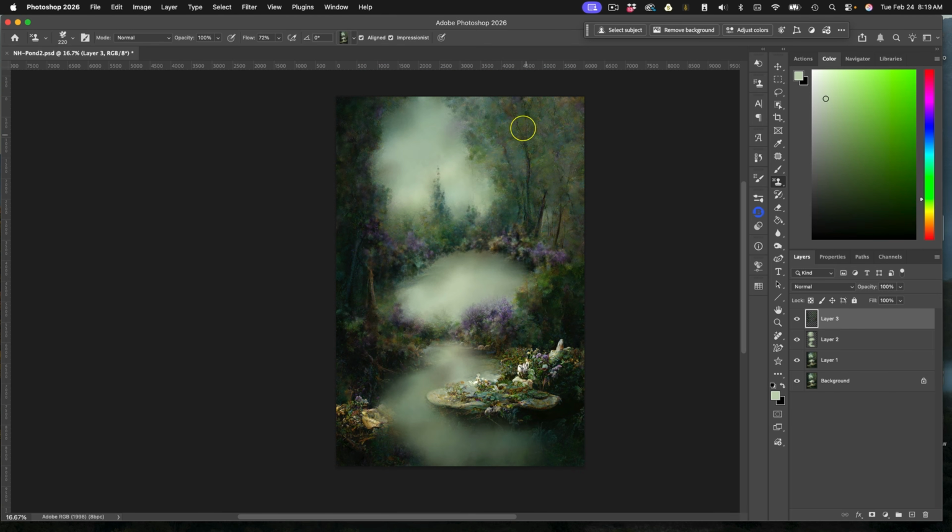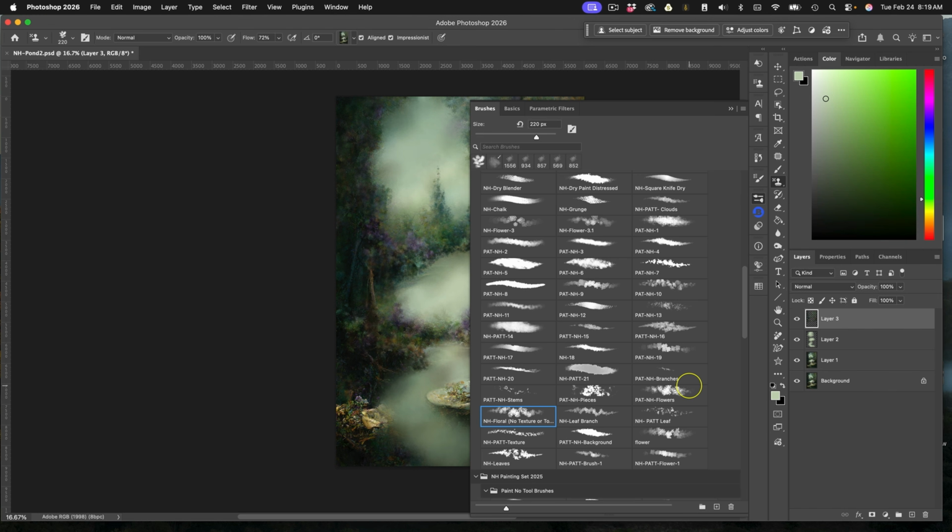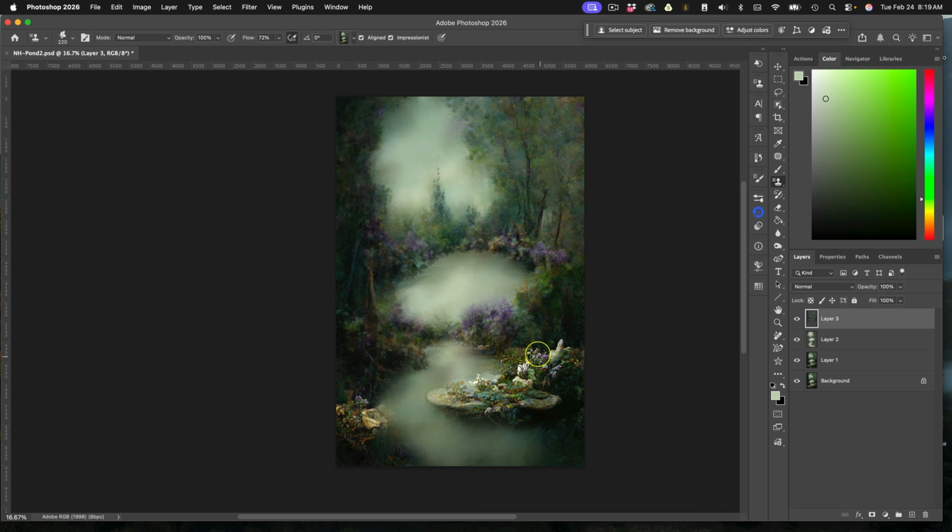Now, I tend to kind of keep the structure of what look like or appear to be trees just so that it still looks very much as it should. But yeah, just go over top of all of the little anomalies. And you can always switch up your brushes and change your brushes out. Like, let's say we wanted something more like this flower for these, then you can come in and use a different brush. So I usually use maybe 2 or 3 different brushes when I'm creating these backgrounds,